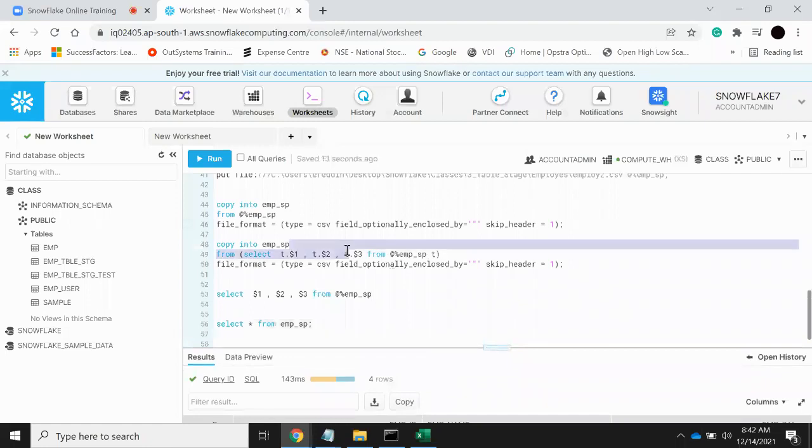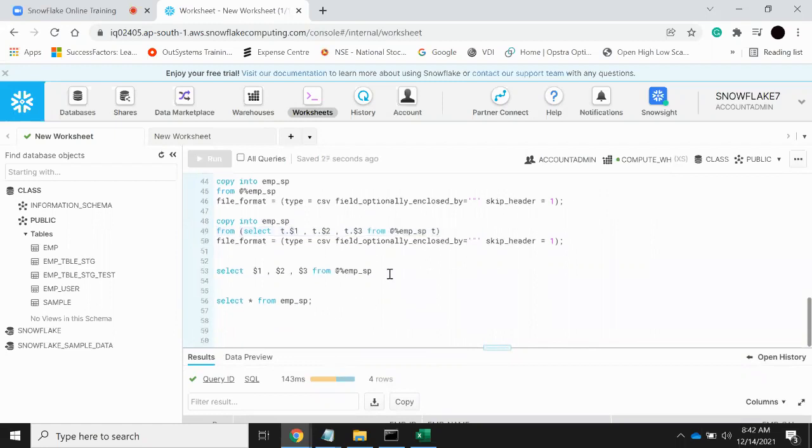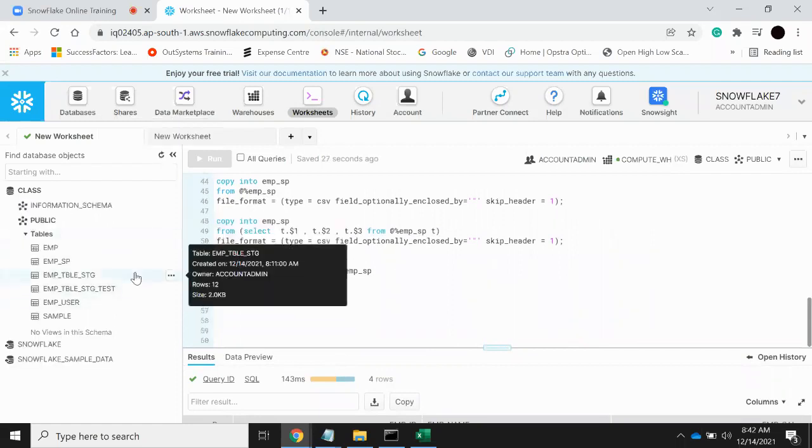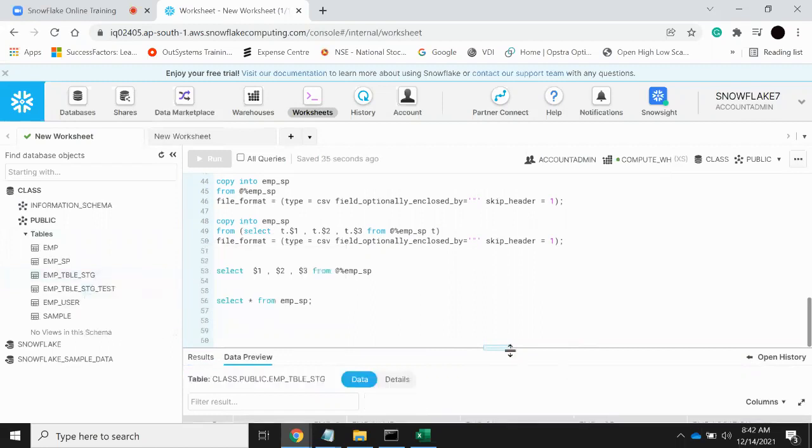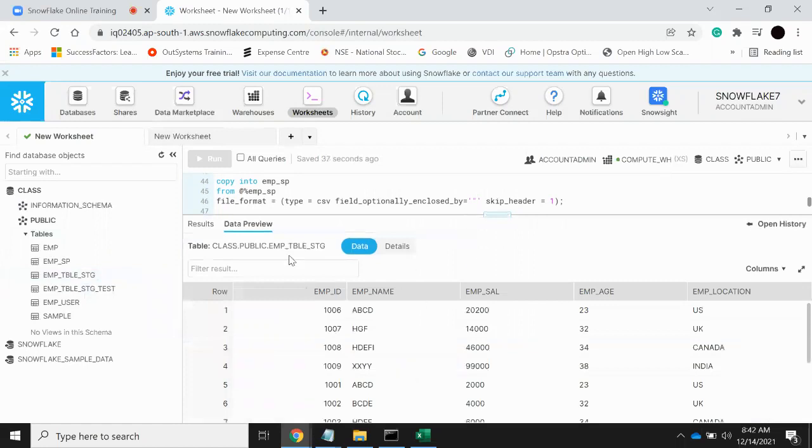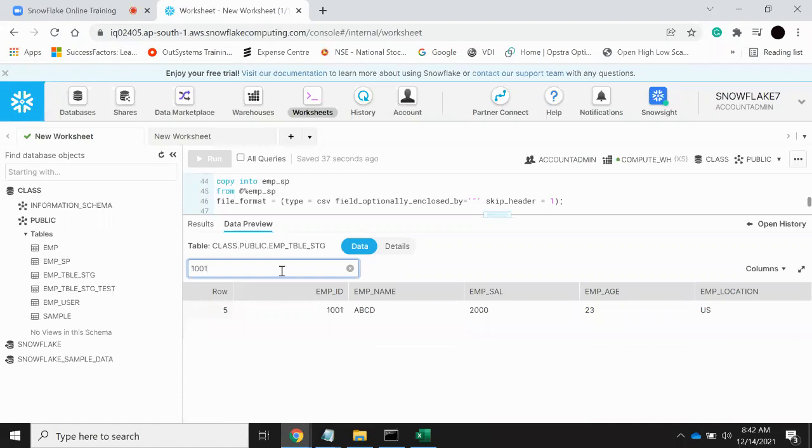Because of this statement, if you want any specific columns, remember we have to use it like this: $1, $2, $3, $4. And one more thing here. When you are running this, if you observe in emp underscore stg, how many files we have? 12, right? How many records we have? 12. For example, if you search with employee ID 1001 or 1002,